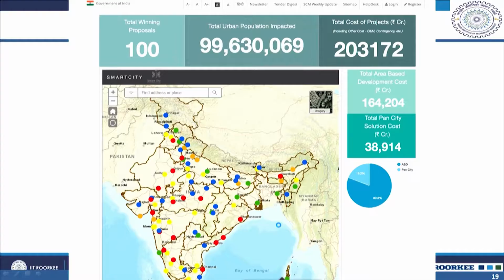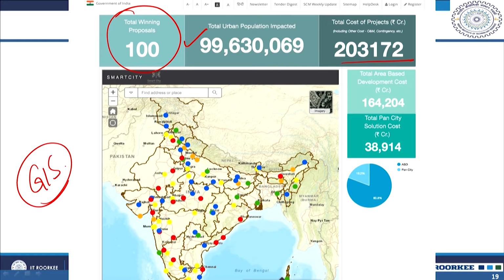So, you can understand that specialized emphasis is given to the smart city, and that is why a special purpose vehicle, another organization, has been created. Now, I have shown a screenshot from the Ministry of Urban Development website, where you can see the winning proposals for the smart city, the impacted population, the cost of the project, and a GIS based